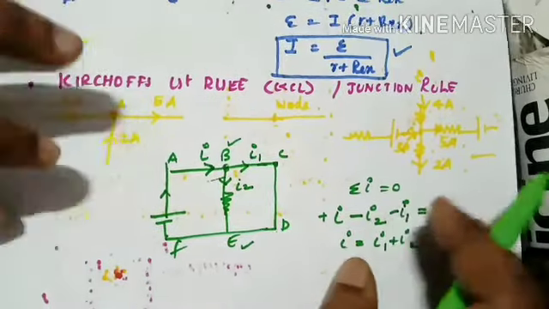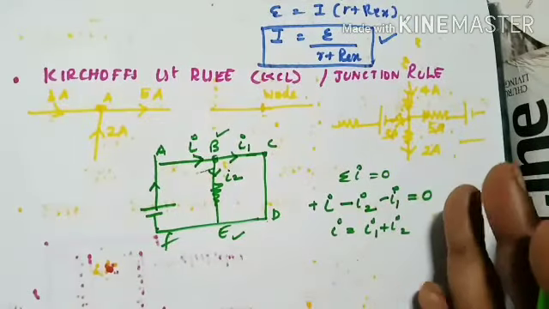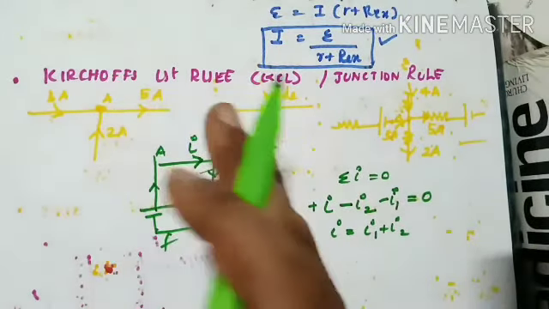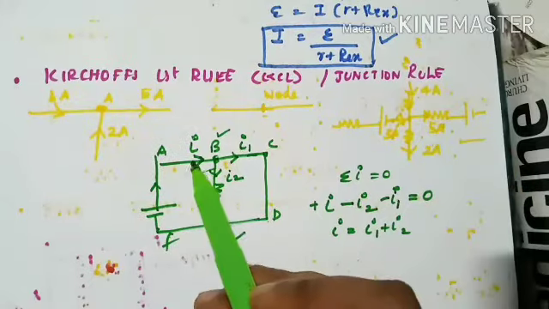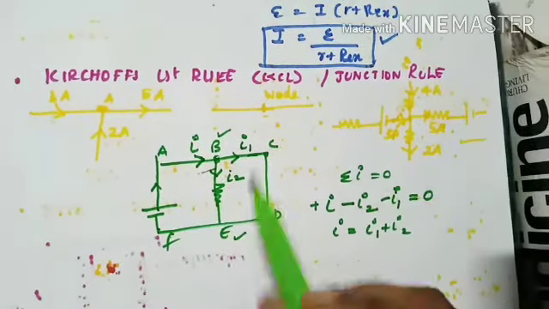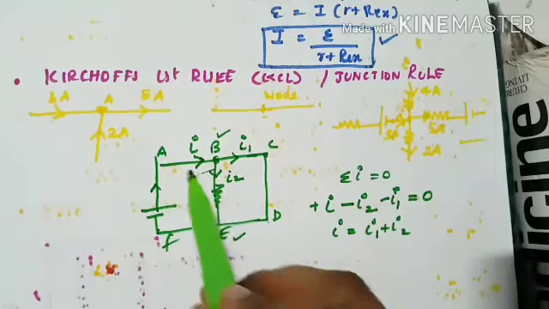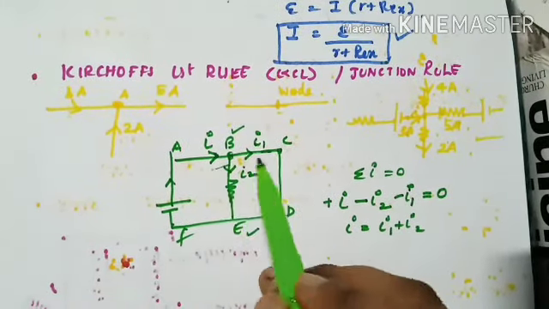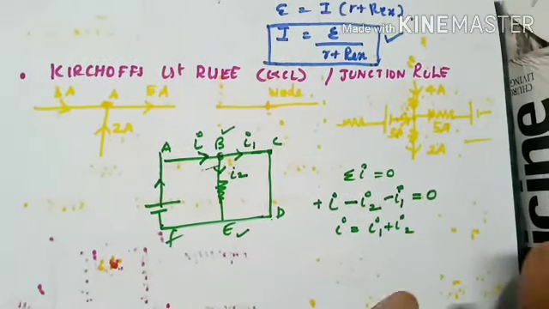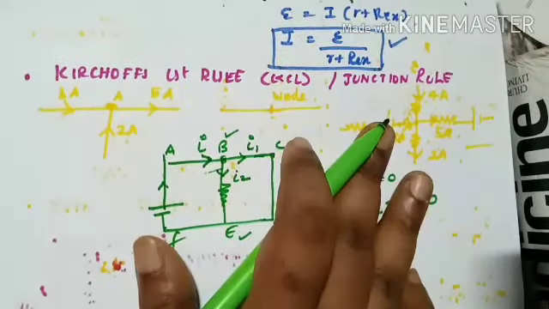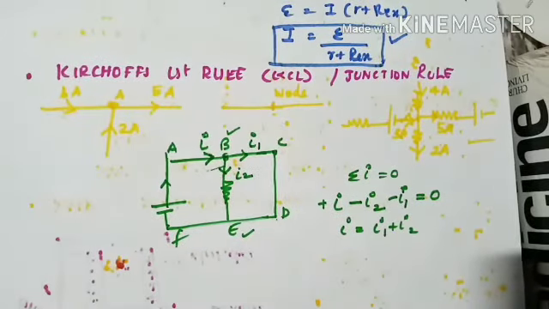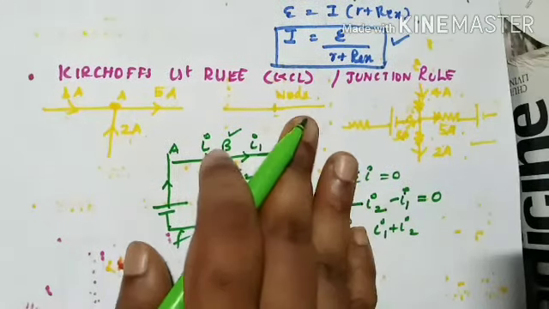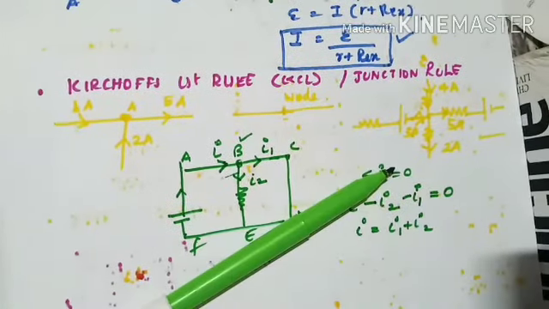Clear? I can say in a sense it is like a conservation of charge, right? The amount of charge is neither created nor destroyed, it is only changed from one form to another. So similarly the current is not created or destroyed, it is only changed from one form to another. What does one form to another mean? The same current that is coming is leaving. Clear? Right. Now this is a very small section, guys, and Kirchhoff's current law is used in circuit solving in the least way, but it is very important also, right? It doesn't make complicated stuff.